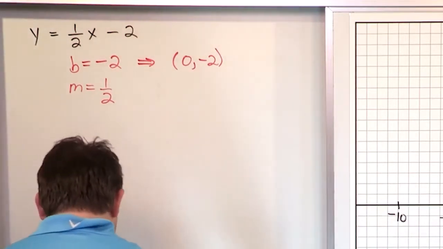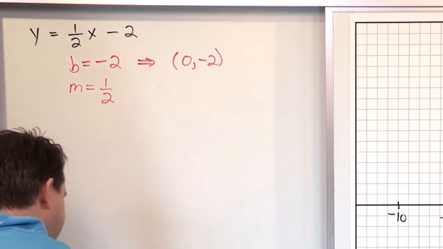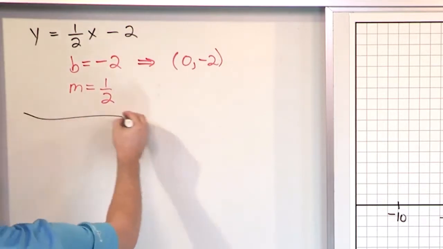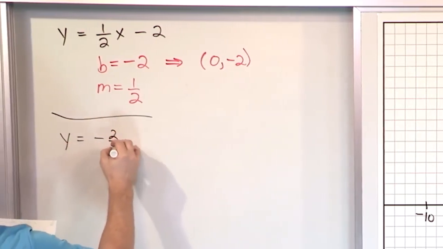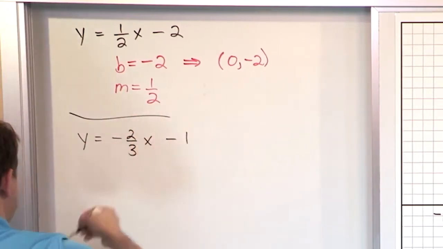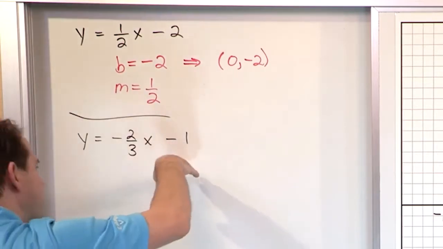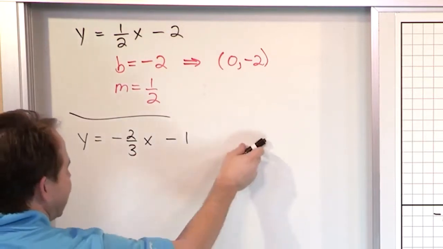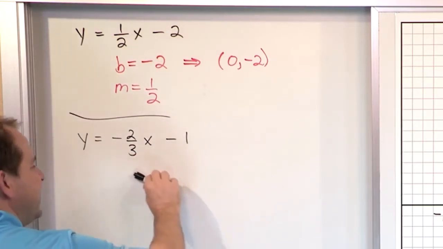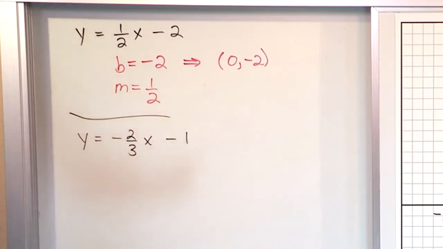So the next thing we're going to do is we're just going to bounce around to a few other equations. The next one we're going to have is y equals -2/3 x minus 1. So before we do anything, just think, what will this look like? Well, it's going to cross somewhere below the origin, and then it has a negative slope, which means it's not going to go this way. It has to be tilted the other way. So you can imagine it shifted down below the origin and going this way, more or less is how this line is going to